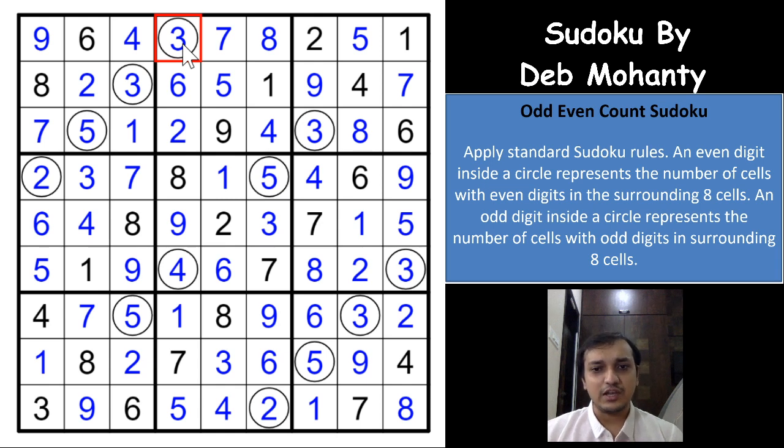Just look out for the circles on the edges. They will give you very few possibilities, I mean to say that will give you many digits here, because you are already eliminating 6, 7, 8, 9 from that cell. And the second thing is you don't have 9 on the circle cells, and with that we'll have to proceed. You just have to narrow down the number of odd cells and even cells surrounding a circle cell, and see if you can place the number of even digits there or number of odd digits there. And with that you will be able to solve any kind of odd even count Sudoku.